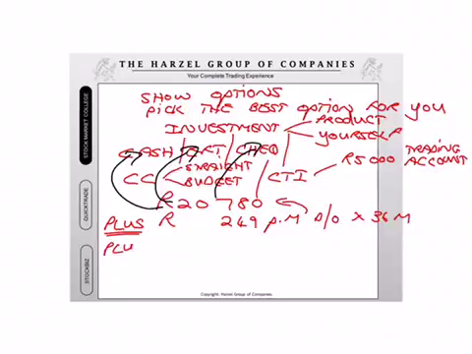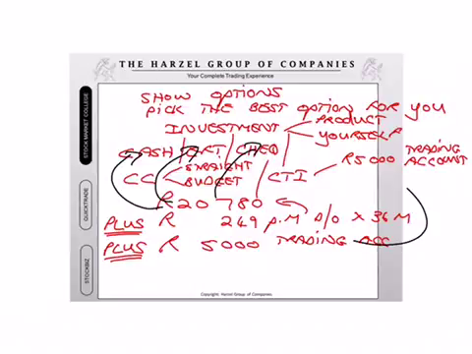And then, plus, very important, 5,000 Rand that you need to have for your trading account. Now, as I said, this 5,000 Rand for your trading account, you can either take from your own bank account if you have this cash. And if I remember correctly earlier, if I referred to my 5 questions, question number 3, you said you had 40,000 Rand in your savings account. So there's no obligation for you to take a CTI loan for the trading money, but you can add it if you like. It's up to you.